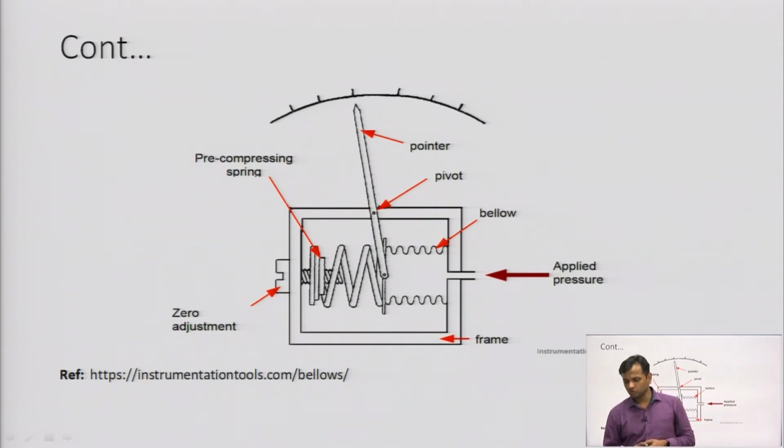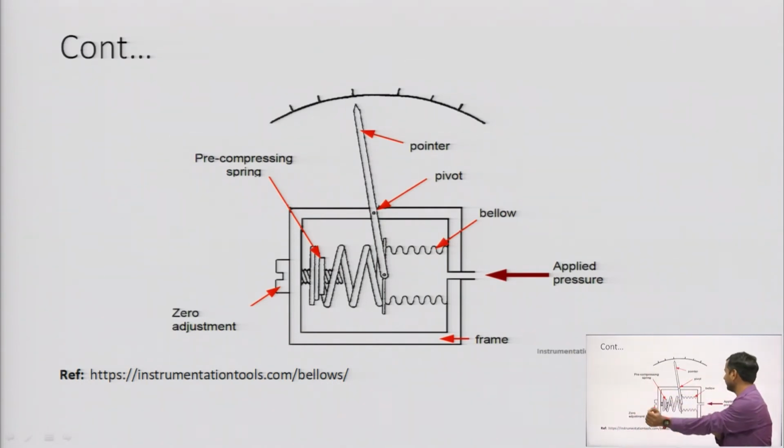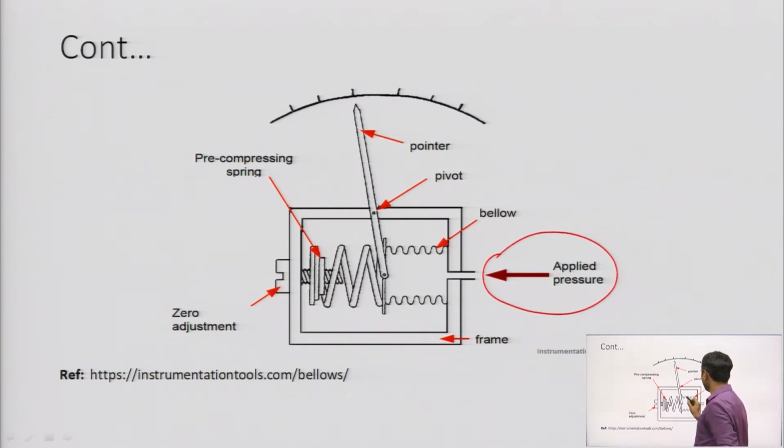Here you can see also the arrangement of bellows, in that the different arrangement is there where the pointer is also connected. So, here you can see that this is our applied pressure and these are our bellows. Firstly, when we haven't applied any pressure, the pointer will be on its null position. Now, when the pressure is applied, I have told you that each disc will be moved with the help of applied pressure, and that will cause the displacement, and